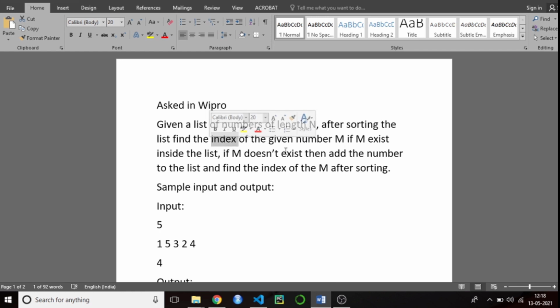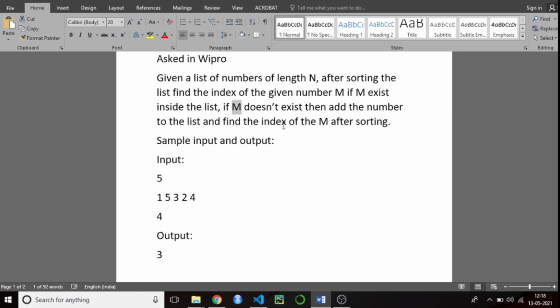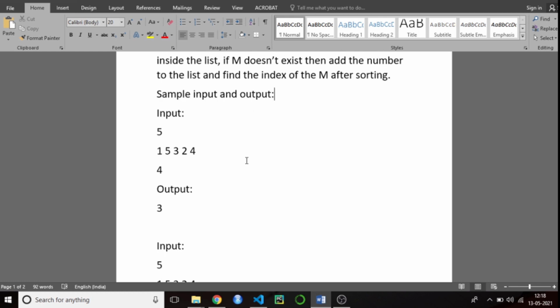If m doesn't exist, then add the number to the list and find the index of m after sorting. If the number to be fetched doesn't exist, you need to add the element to the list, then sort it, and only after sorting get the index of that m. This is the question.